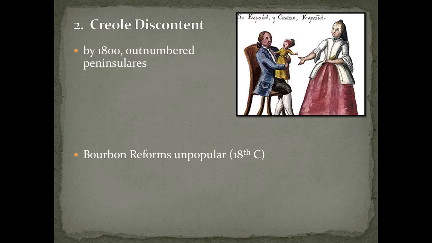Americans, not European. So they might be of European ancestry, but because they have this long-term attachment to being born in the Americas, perhaps several generations of them being born in the Americas, they have greater ties to an American identity than a European identity. But like the Peninsulars, Creoles, most of them were pretty well off.